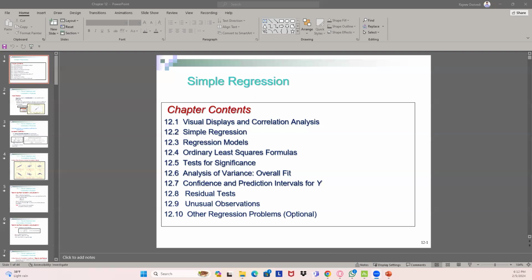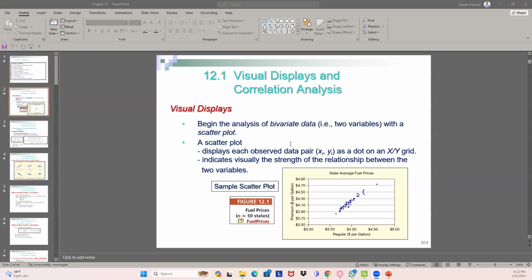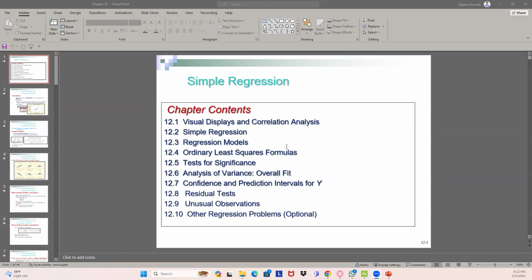So let me start with this week. And this module is not included in the final exam. Can you see my screen? Yes, thank you. Okay,